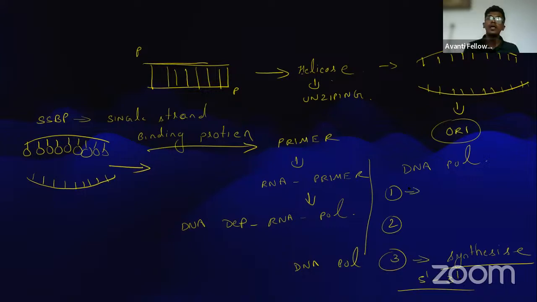What is the role of DNA polymerase 1? The role of DNA polymerase 1 is, you have RNA, right? Already RNA, small pieces of RNA, even